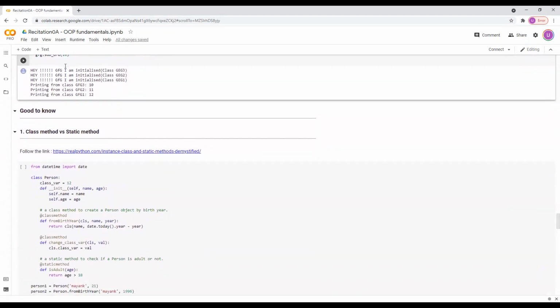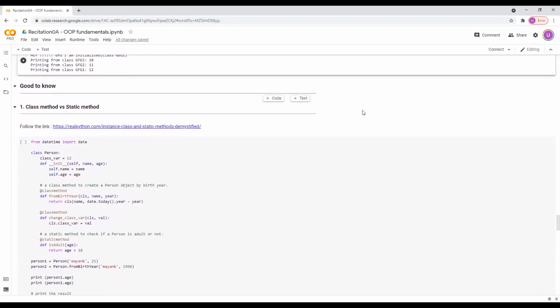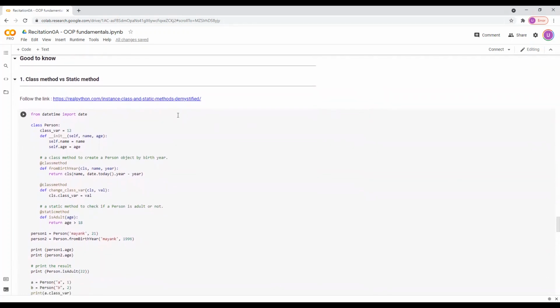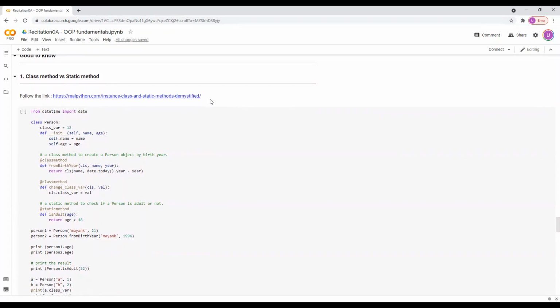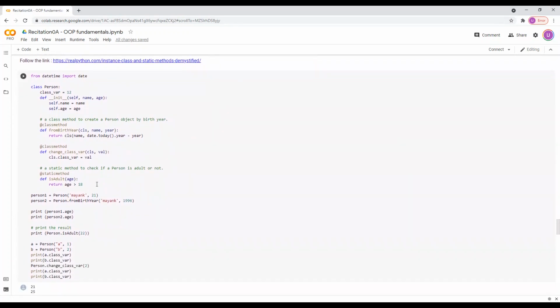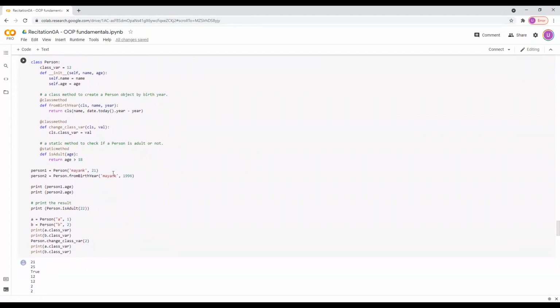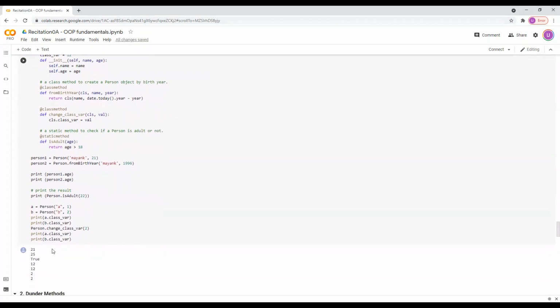There are some topics that are good to know. These are not mandatory topics. They are not extremely useful, but they're good to know. They might help you with certain parts of the course. The first is the class method versus the static method. For this, I found that the link given here is particularly useful. I would suggest that you go through this link and this entire piece of code, understand why a particular operation is happening, and try to print out different variables and see what exactly is getting inherited where.